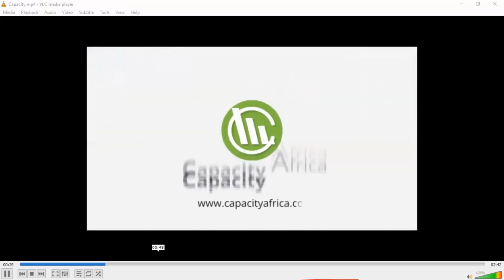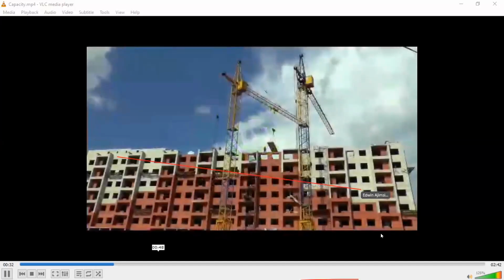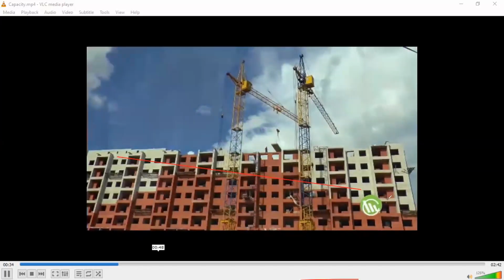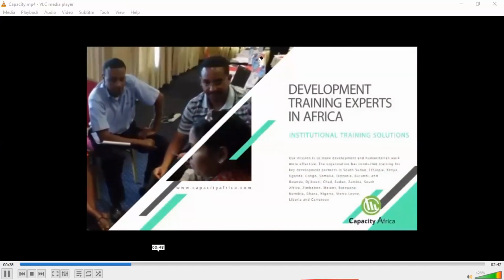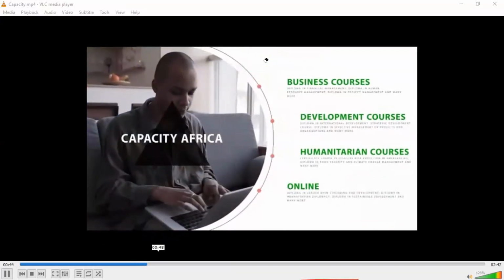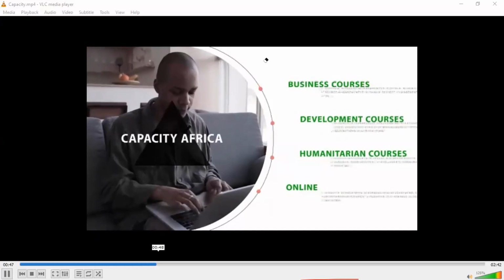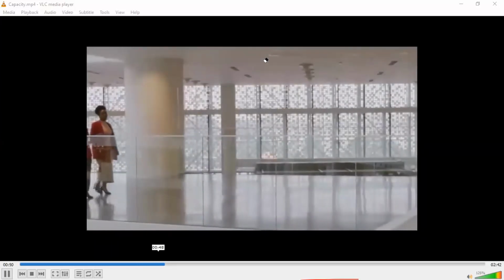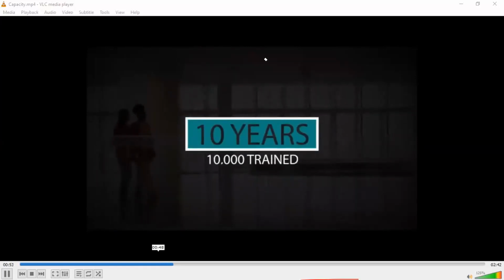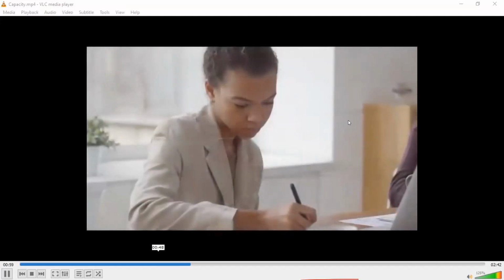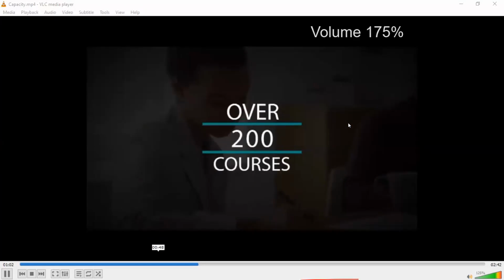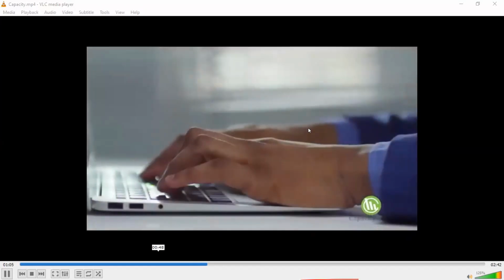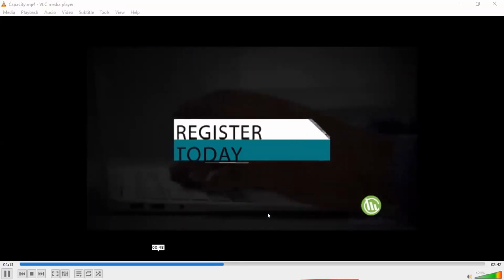At Capacity Africa Training Institute, we have been leading the charge in changing Africa's fortunes. We are the leading development training company in Africa, offering institutional training solutions and online and distance learning in business, development, and humanitarian courses. Over the last 10 years, we have trained over 10,000 staff from NGOs, governments, and the United Nations in Africa. Our catalog consists of over 200 career-focused online courses to choose from, and registration for diploma and postgraduate courses is now open for the following courses: